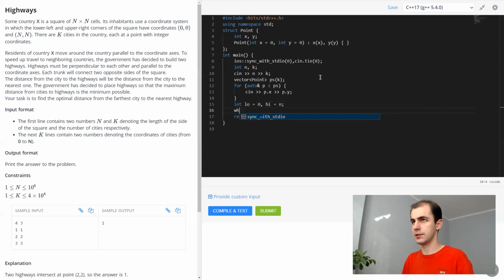Distance of 0 is sometimes possible. So n is always possible, -1 is never possible, meaning that we want to print high.